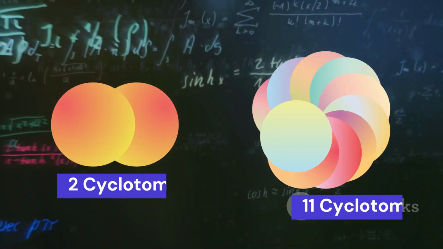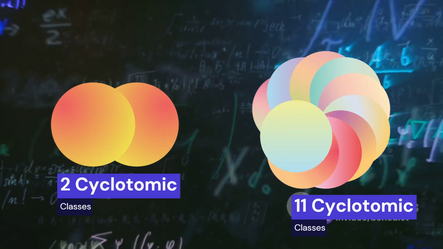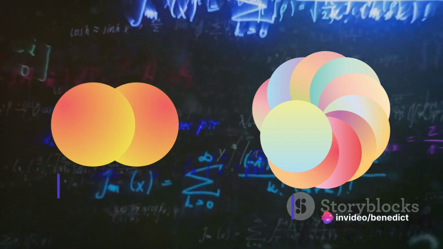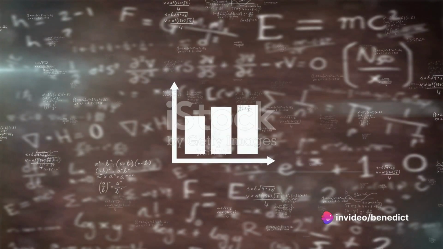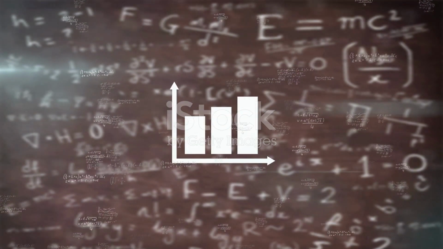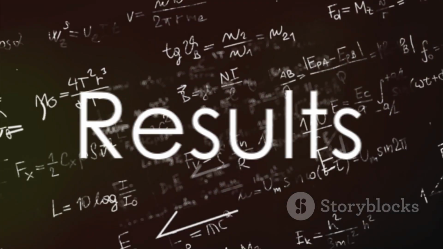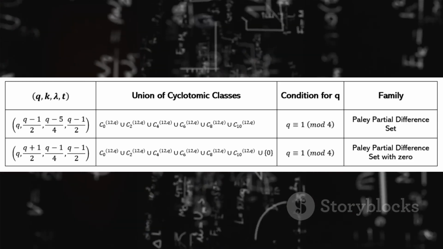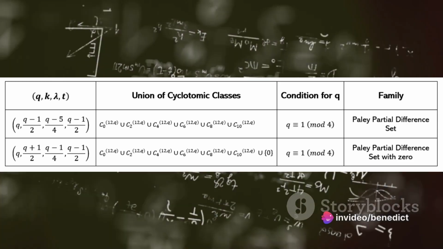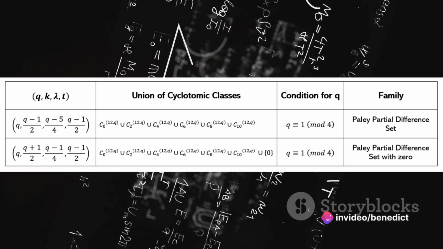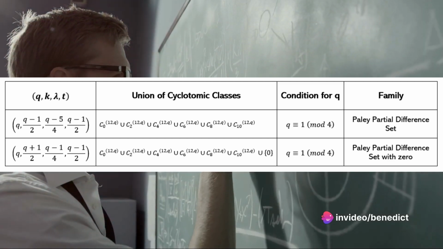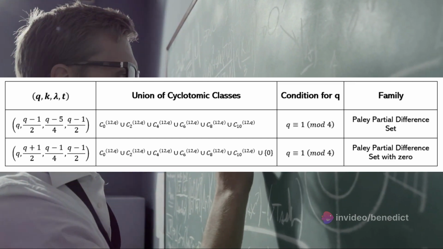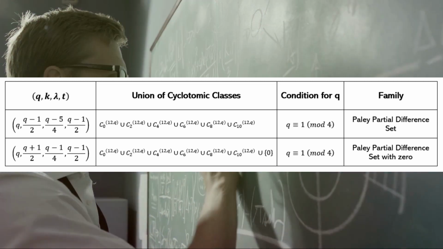The method involved computing unions of two cyclotomic classes, up to 11 classes, and assessing the presence of almost difference sets. Finally, we classify the resulting almost difference sets with the same parameters up to equivalence and complementation. Based on the findings, we have constructed a (q, (q-1)/2, (q-5)/4, (q-1)/2) almost difference set in GF(q) from the union of 6 cyclotomic classes of order 12,